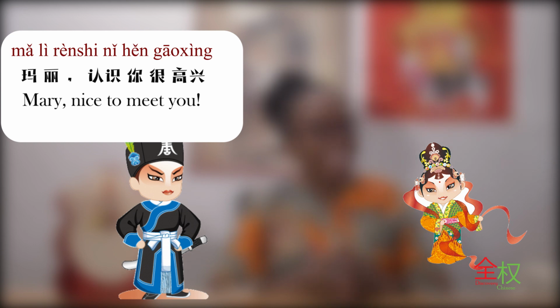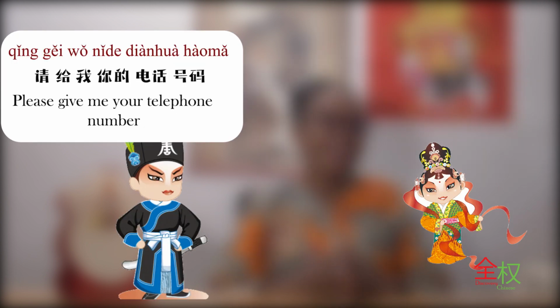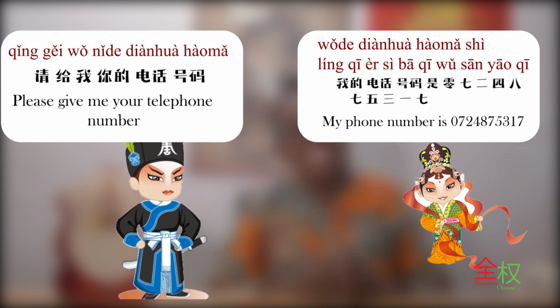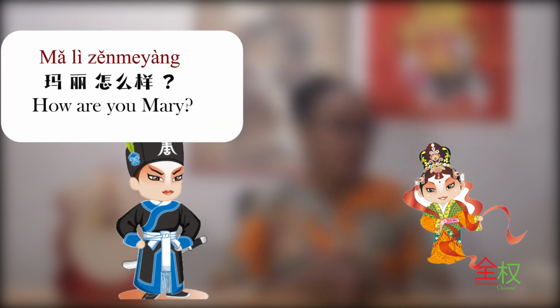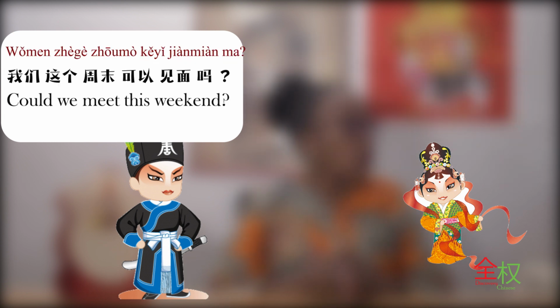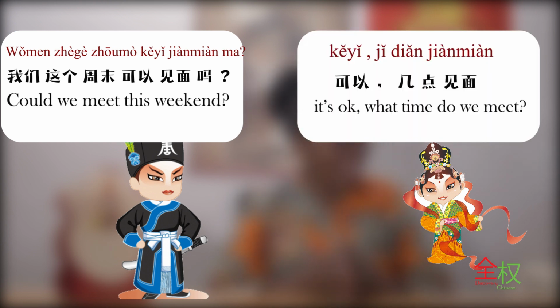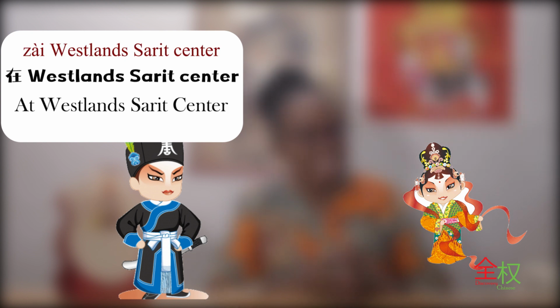玛丽，认识你很高兴。认识你也很高兴。请给我你的电话号码。我的电话号码是0724875317。谢谢。我星期五给你打电话吧。好的，谢谢。玛丽，怎么样？还行，怎么样？我们这个周末可以见面吗？可以。几点见面？8点钟可以吗？可以。在哪儿见面？在 Westland Study Center。好的，不见不散。